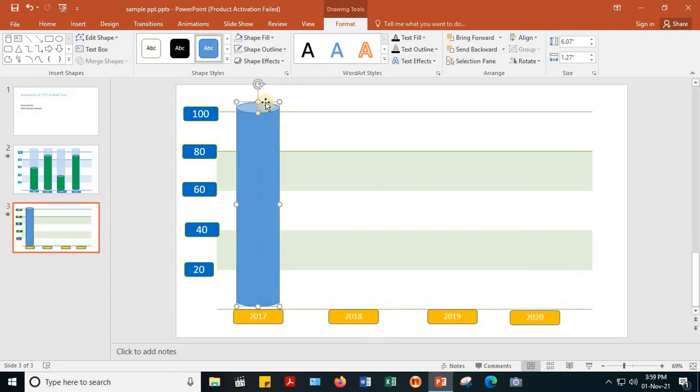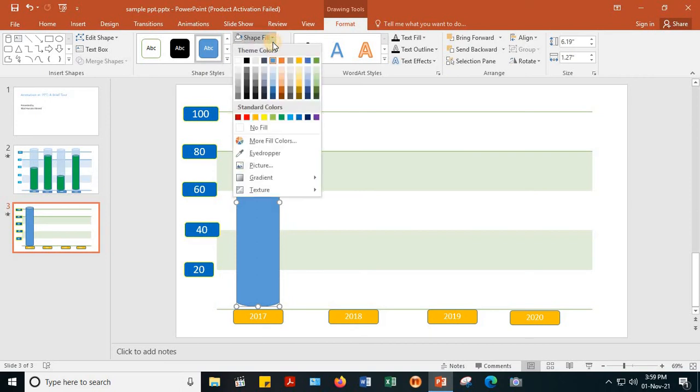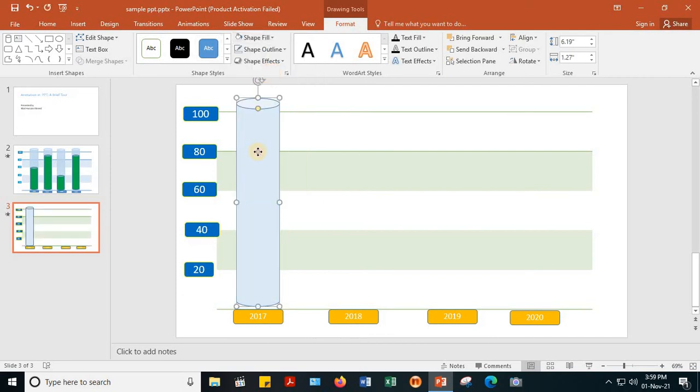Okay, these are the cans. Now you can change the color of these shapes and take some light color, so that it looks like it is transparent. Okay, you can take any other color also.